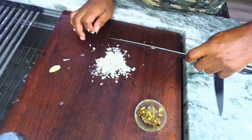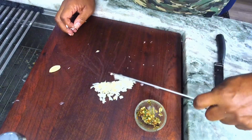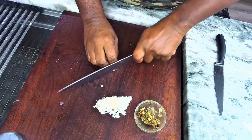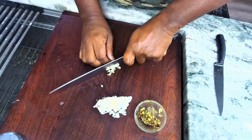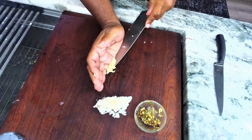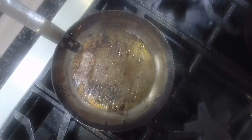Onions that I dice up so small that when the heat hits them and they cook for 3 to 5 minutes, when I put that sauce on there, you are not even going to know that onion and garlic was in there other than the flavor. You will not feel those little tiny specks in your mouth. You just won't. They will disintegrate, if you will. So those go in the bowl with the leftover rosemary